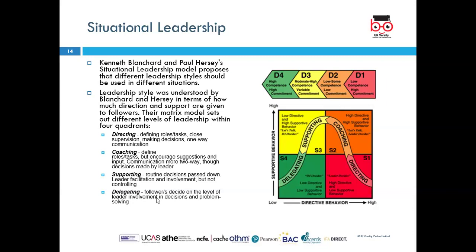And the fourth is delegating. We've talked about delegation already, in which the team has the opportunity to work upon things which have been delegated by the leader themselves. So if you see, you'll appreciate that